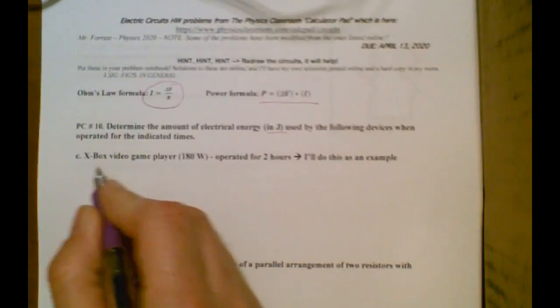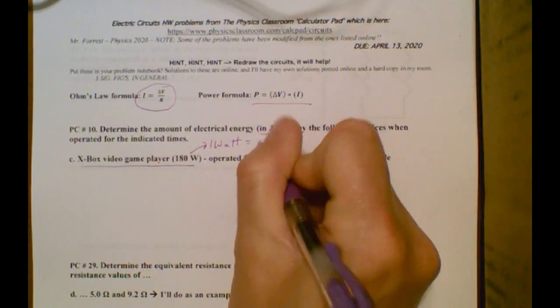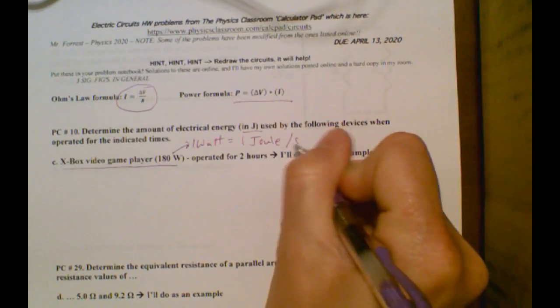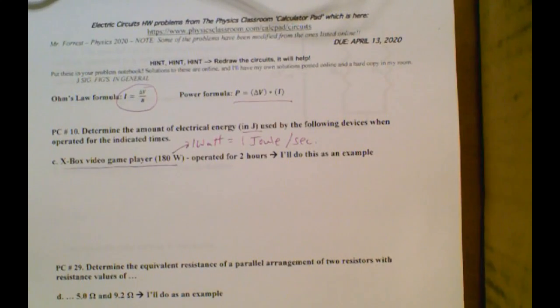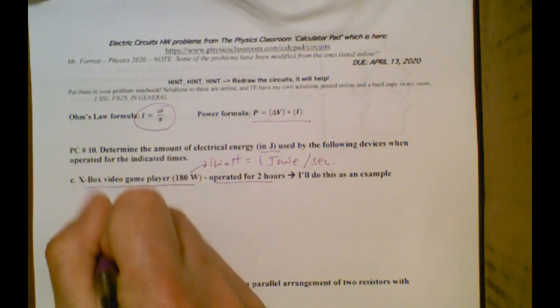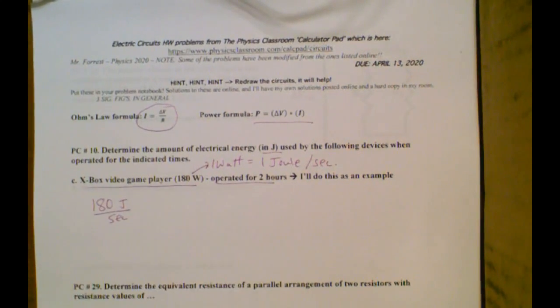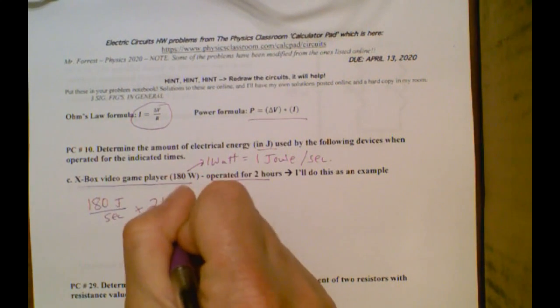So it says an Xbox video game player, and that uses 180 watts. Remember, 1 watt is equal to 1 joule per second. So that's useful, and it's operated for 2 hours. So I'm going to say 180 joules per second. So I'll start. I'm basically using this for 2 hours,